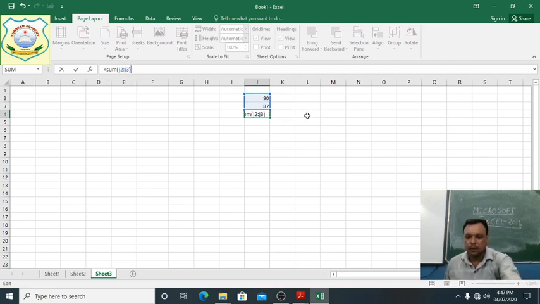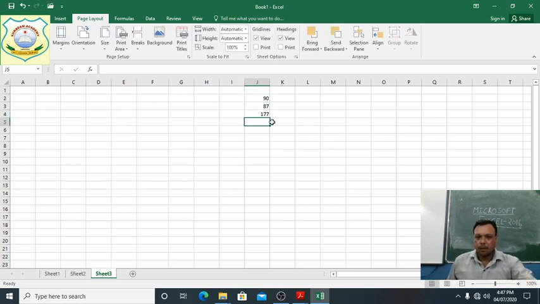Students, you can see it is added: 7, 9, 8 plus 17. When you click here, you will get the sum function. So this way you will add it.